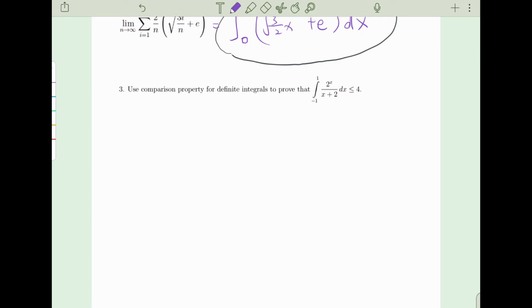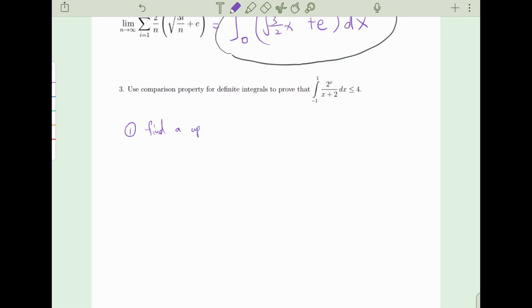So if we can find an upper bound for the entire function, then we can bound all of those rectangles so that the sum of those rectangles will be smaller than this value. So the first thing is to find